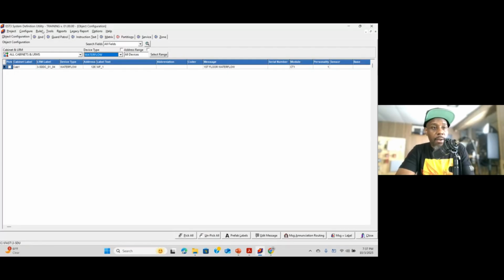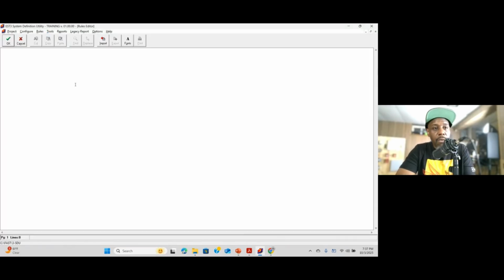All right, so now what I do is head over to the rules. Inside of the rule editor, there's syntax you have to be aware of. If you're using the French brackets, these guys here, anything inside here will be ignored, and everything outside will not be ignored. So usually this is a place where you can put your name, company you work for, phone number, guy who programmed it, things like that.